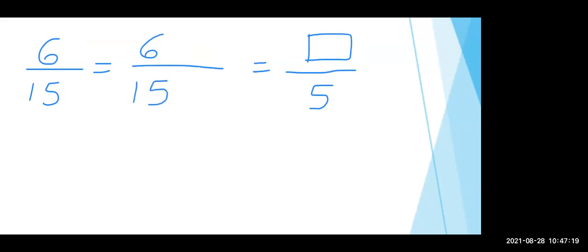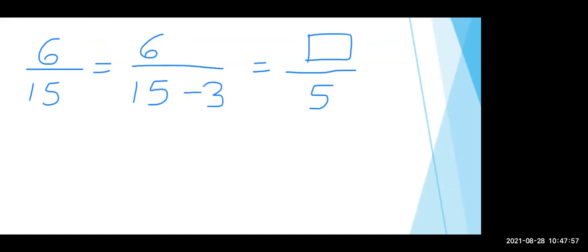Now we have to check one table. In that table, 5 times what is 15? We are going to see one table such that when we multiply it by 5, we get the answer 15. I want answers in the chat box. What will be that table? When we multiply with that table, we are getting answer as 15. Very good. That table will be 3. So here we will write 3.